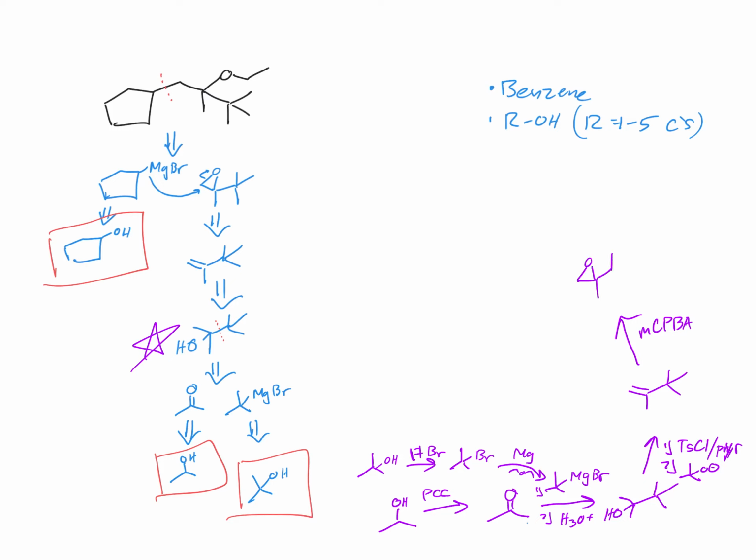This way. And now my epoxide is ready to react with this Grignard reagent. First step, second step, H3O plus. And I can get that Grignard reagent from the alcohol, PBr3. And then